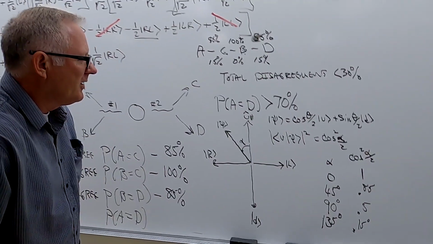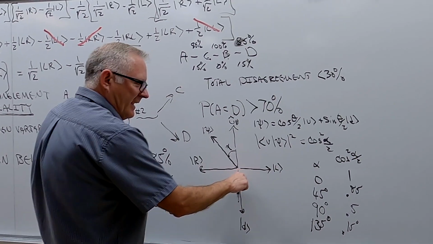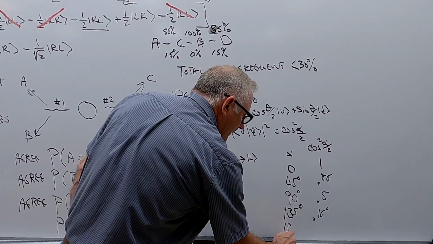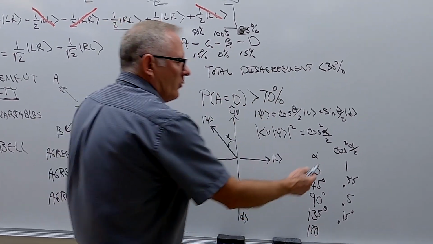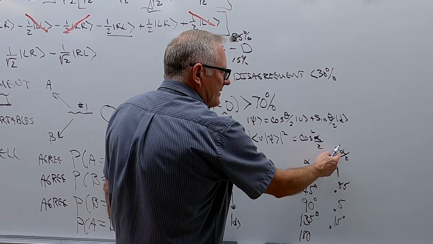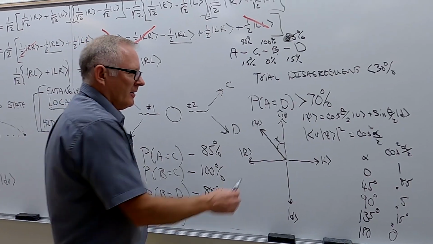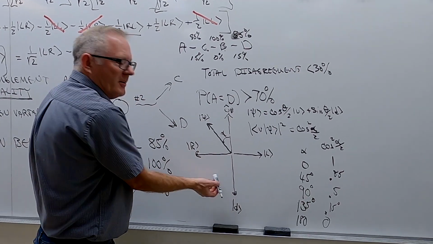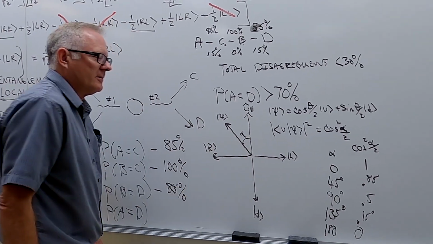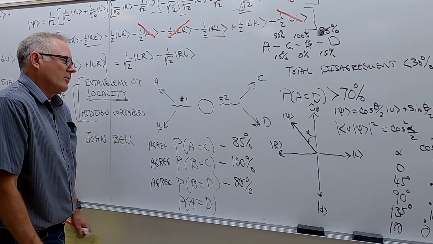And now let's go all the way to 180 between here and here. 180. Well, if you plug in 180, that's 90. The cosine of 90 is 0. That's 0. So, remember, up, down, give you 0 when you dot those two. So, okay. So, now,